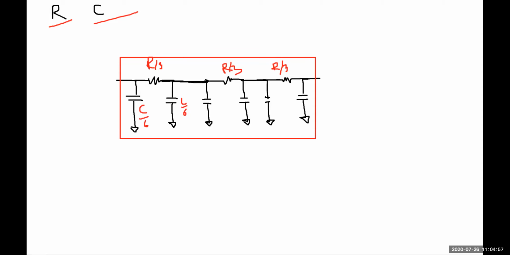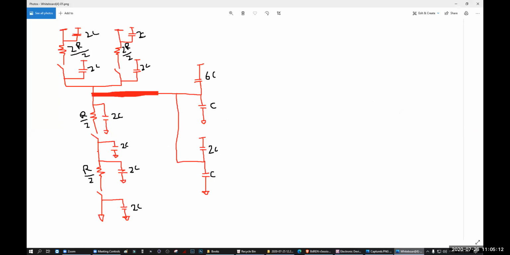In what circuit? In this circuit. Here, which one will be your pi model? This big bold line, have you seen this? This bold line will be your pi model or T model. So we have to find the rise time and fall time, right? We have to find the fall time. Okay, fall delay. Let's find out the fall delay.